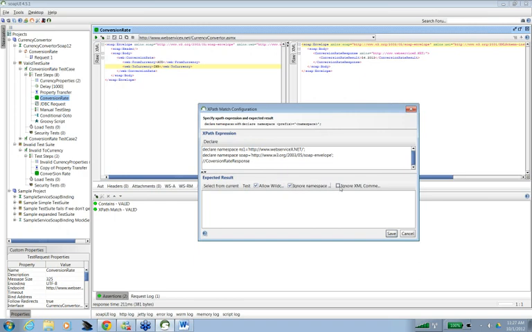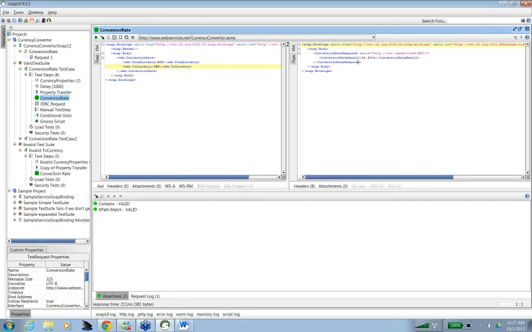Allow wildcards, no namespace. Conversion. Okay, let me see why it is not giving.